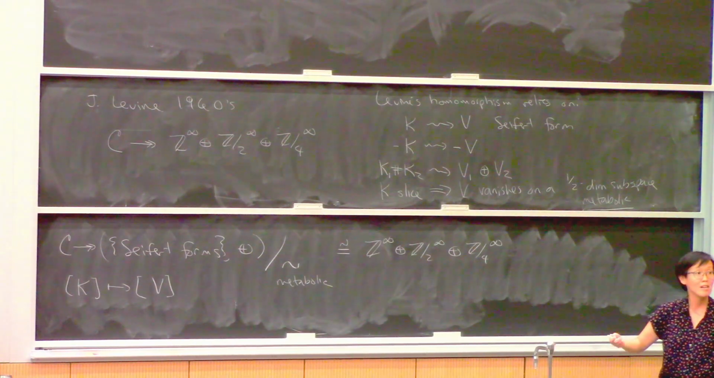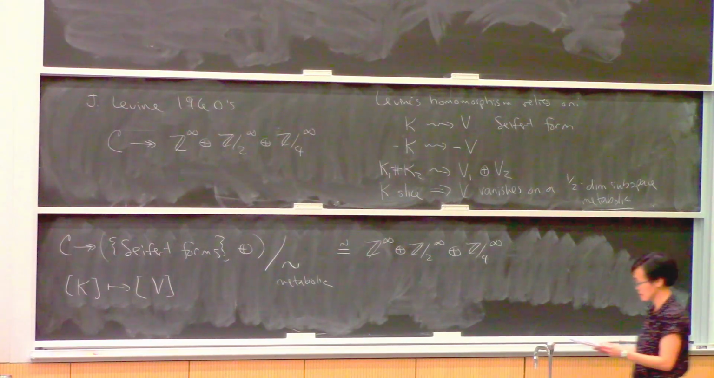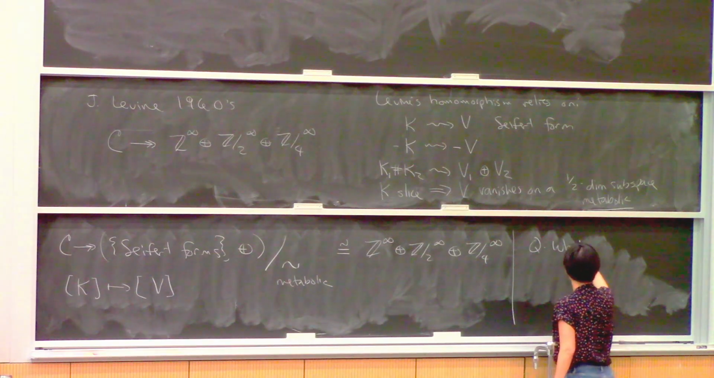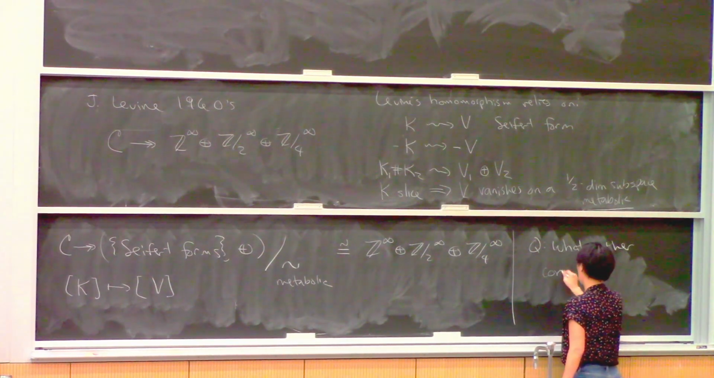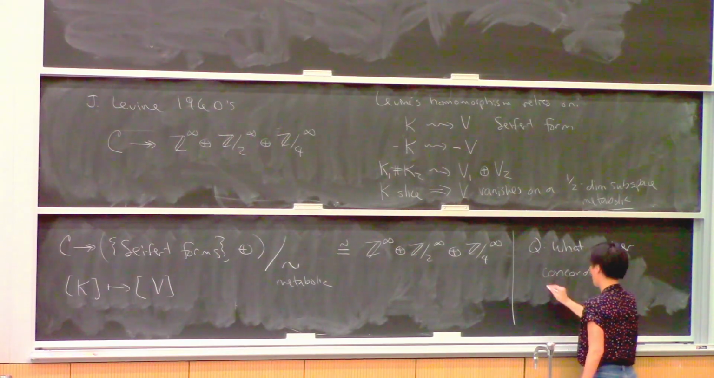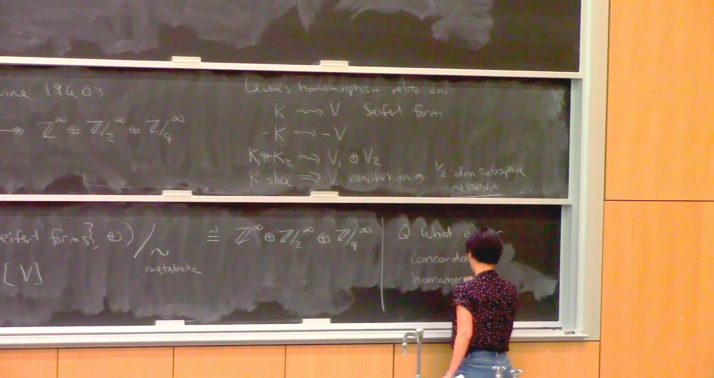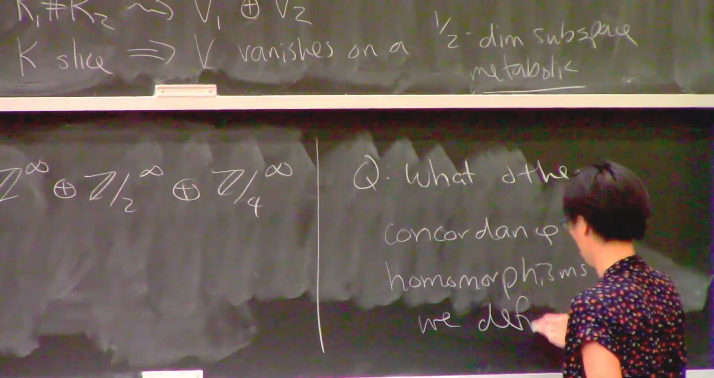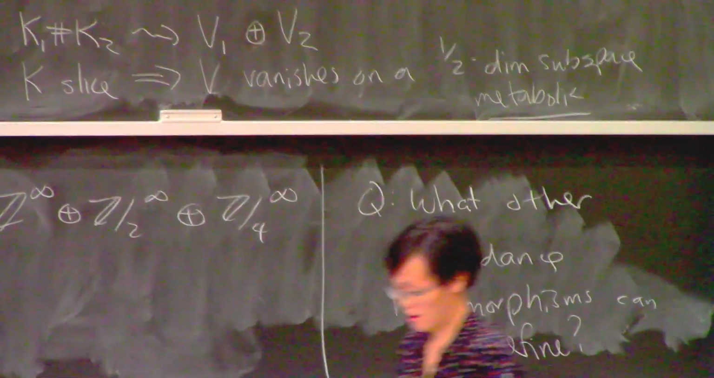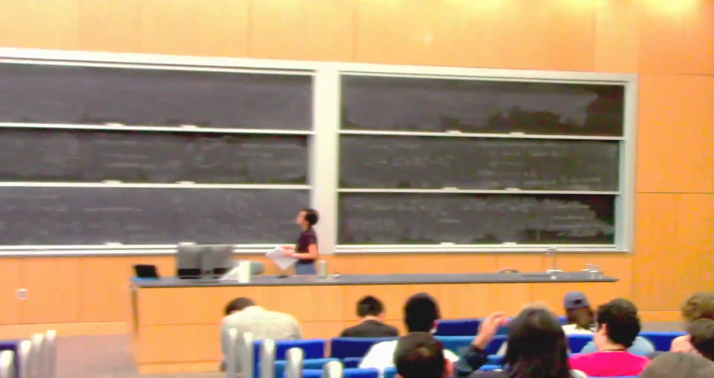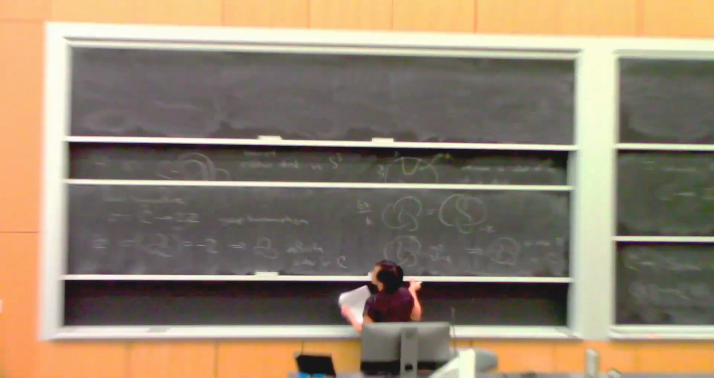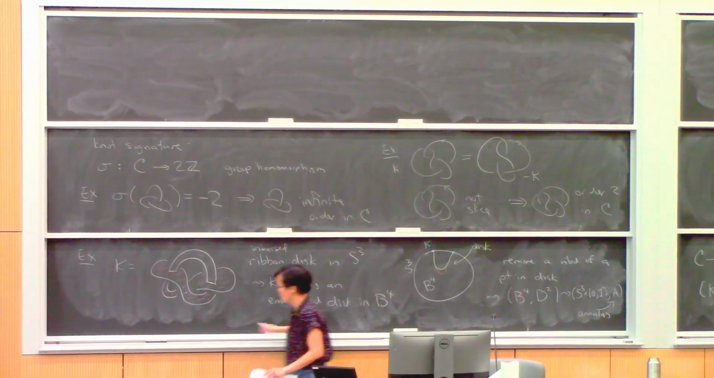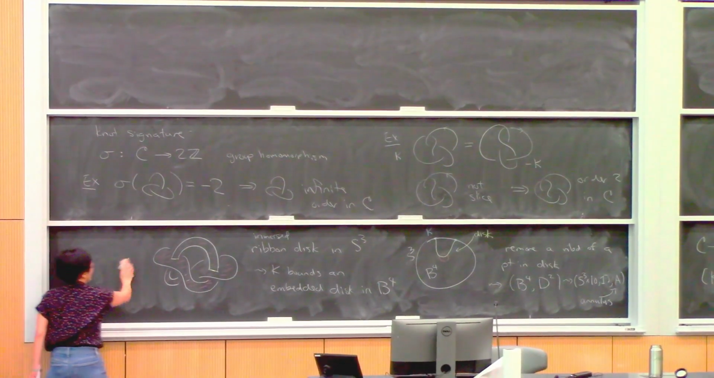So at some point, people defined other concordance homomorphisms. So maybe that's the next question I want to address: what other concordance homomorphisms can we define? So about 20 years ago,